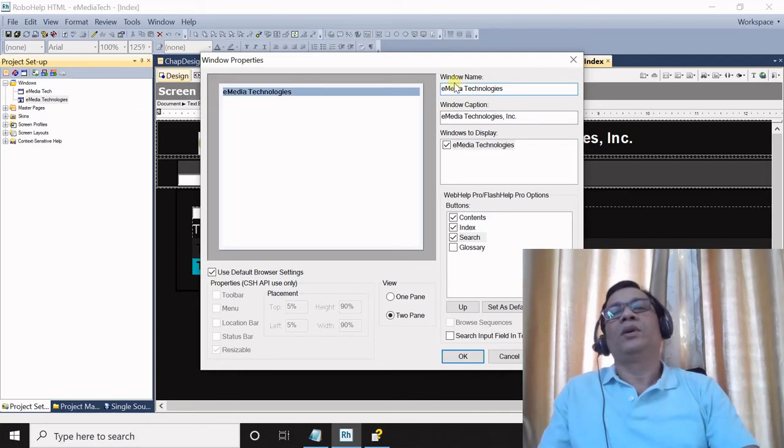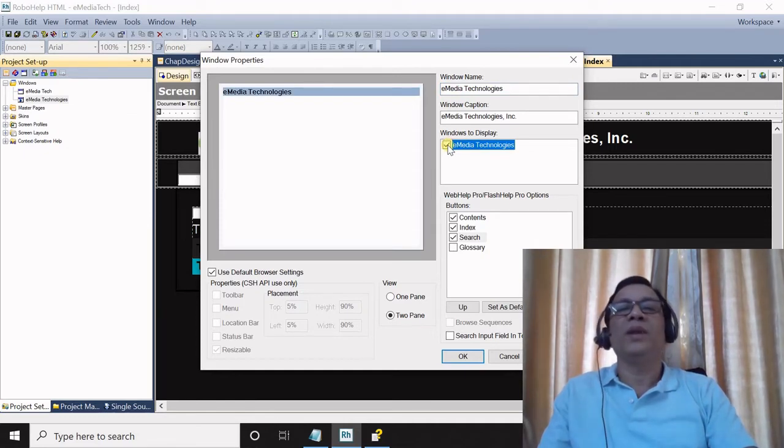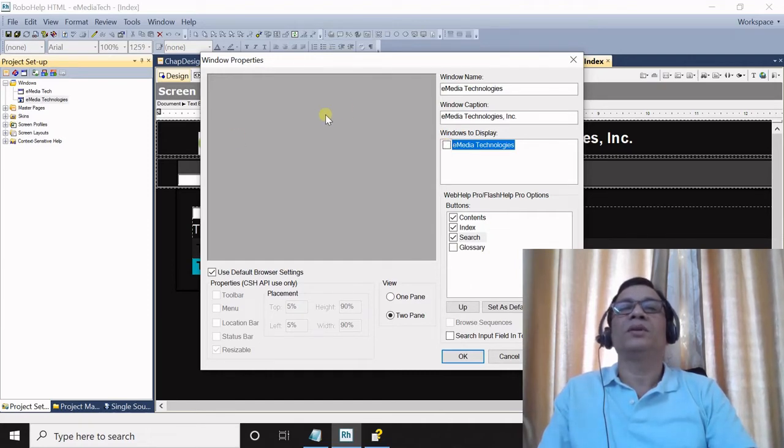To begin with, we have window name, then window caption, then windows to display. Windows to display is actually a type of list. If you have multiple window names, then you must select the one that you are going to display in your help output. If you do not select it, this will just disappear.